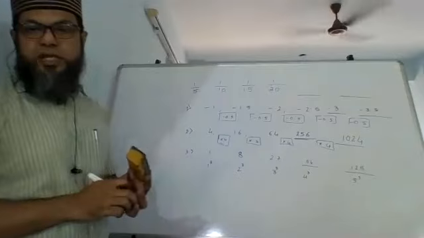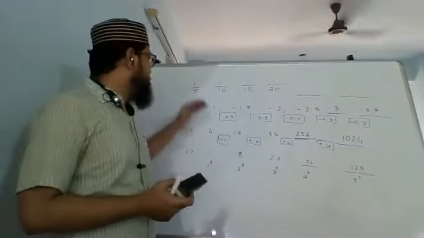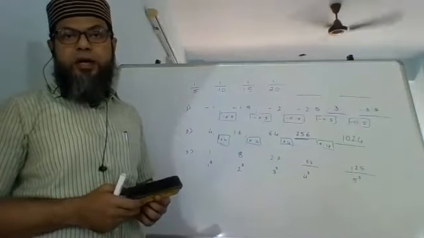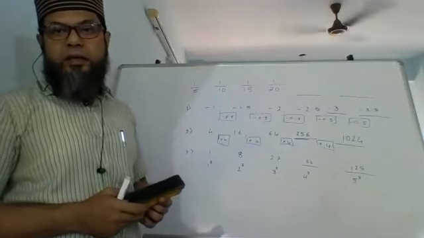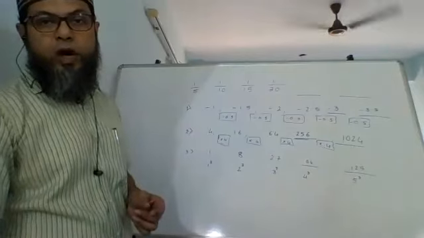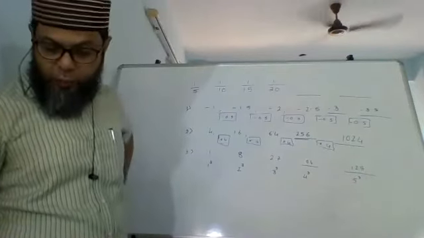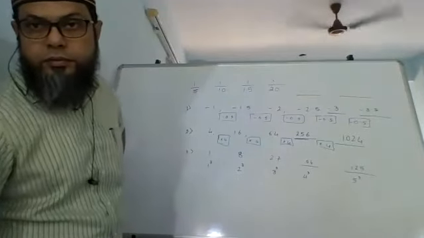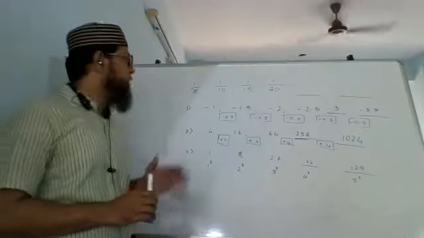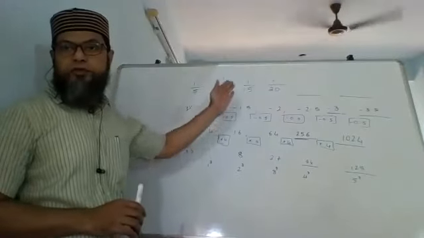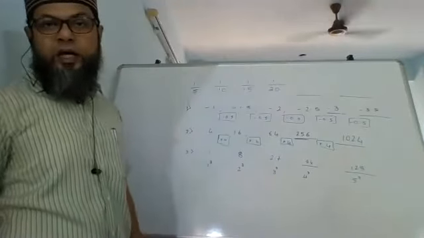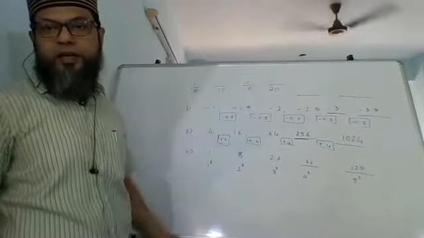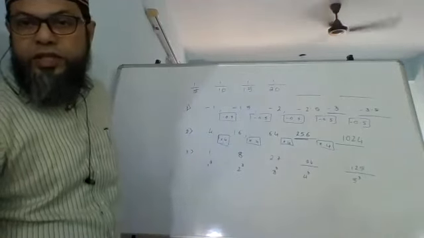As I said, fractions are also part of a sequence. So here you can see it is 1 upon 5. The next number is 1 upon 10. The next number is 1 upon 15 and 1 upon 20, and so on. Basically, here what is happening? The logic you have to find out again in this. What is the logic in this?